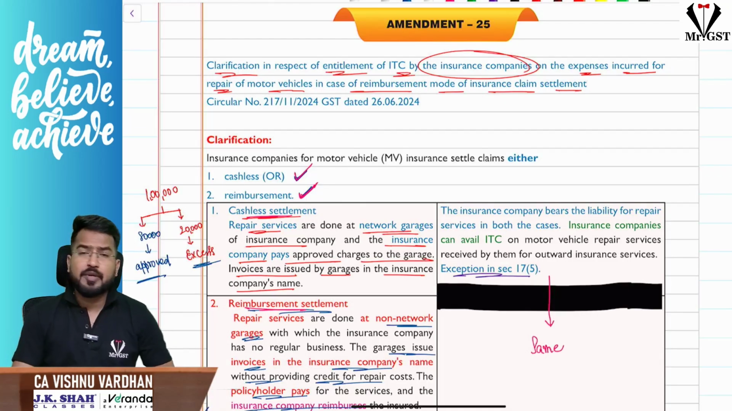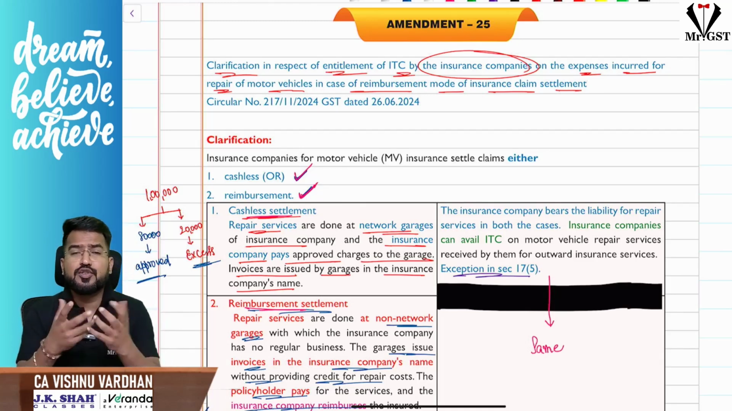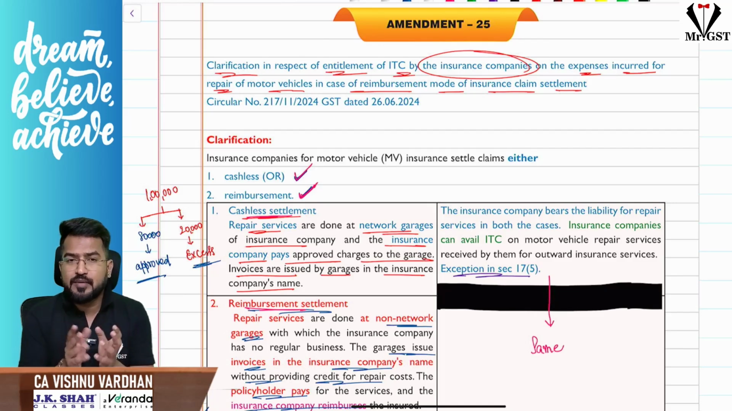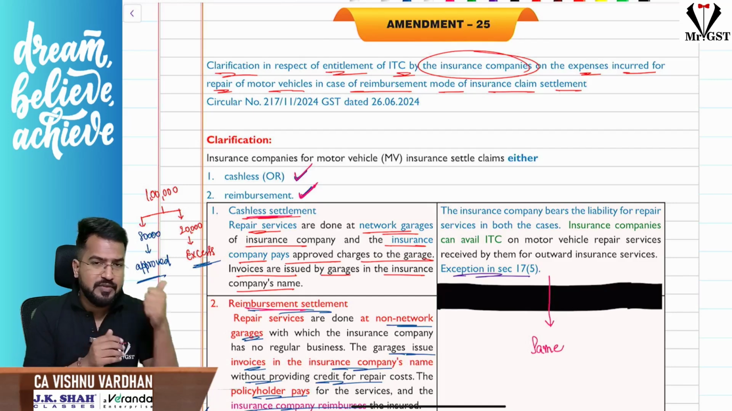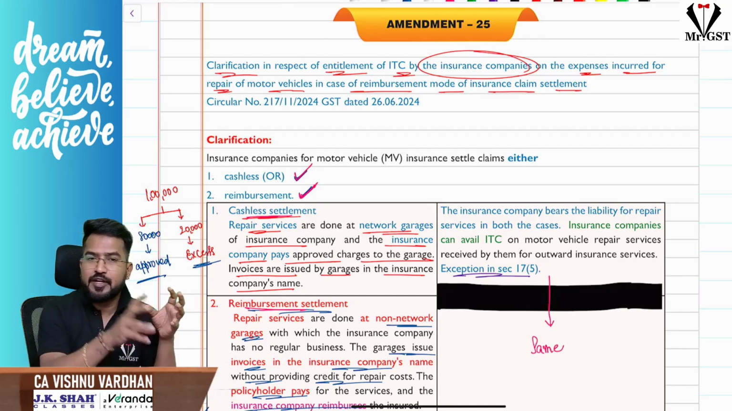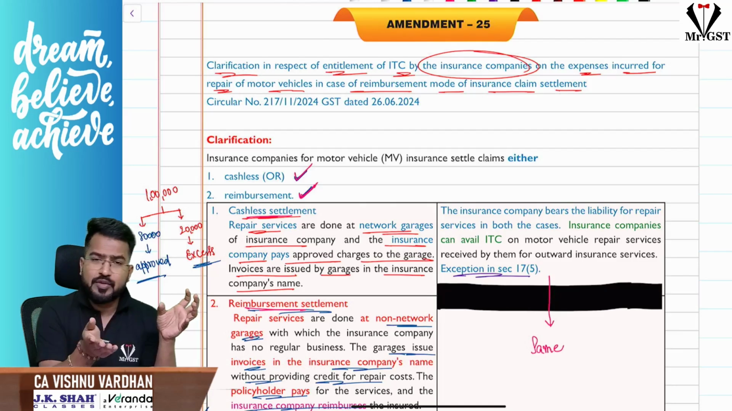Now the next amendment is with respect to insurance companies. Normally, when there is an accident, the insurance companies make settlements and bear the cost of repairs. There are two types of settlements: one is cashless settlement, the other is reimbursement. In cashless settlement, the vehicle is taken to a garage within the network or arrangement with the insurance company. That garage does the repairs and maintenance or servicing and raises the invoice to the insurance company,